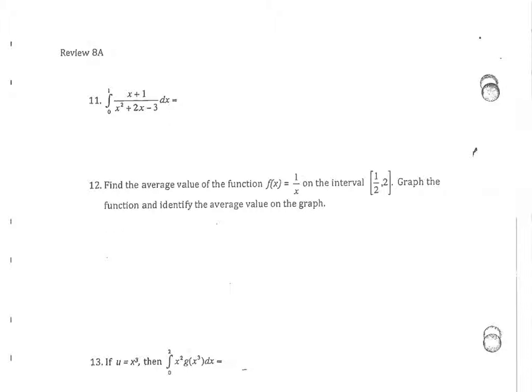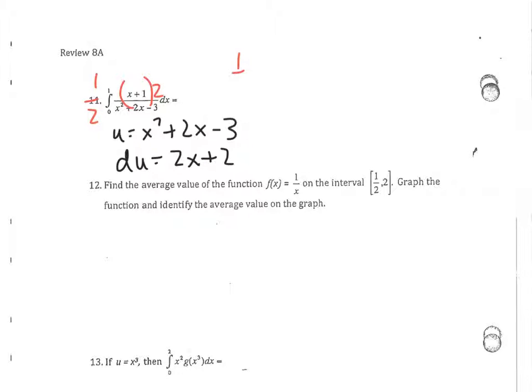Second page of the 8A worksheet. Get this sitting in front of you. Your u is the denominator, your du equals 2x plus 2. So that is handy. We have that on top. We just have to put a 2 in there, 1/2 out in front. And so you get 1/2 ln of x squared plus 2x minus 3. And you're going from 0 to 1. Should end up with something like